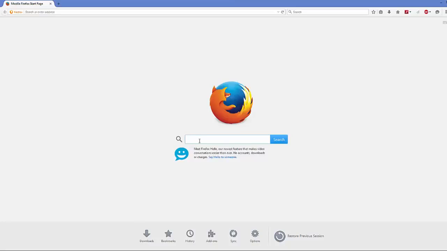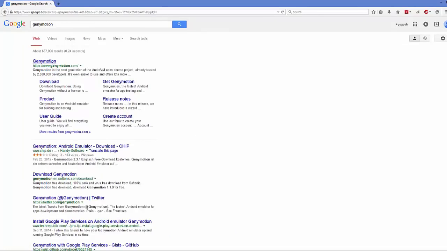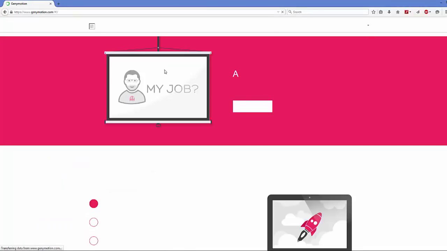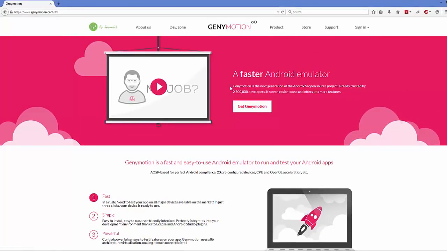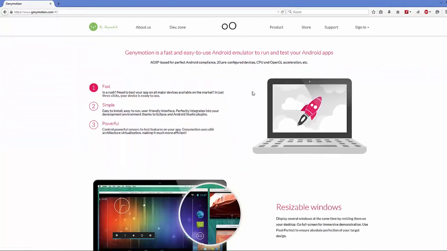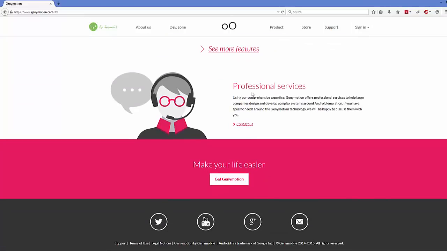So just open your favorite browser to download Genymotion and search for Genymotion. And the first link that most probably will appear here will be from genymotion.com. So just click this link here, and in here you will be able to see more about this Genymotion emulator and stuff. If you need to download Genymotion, you just need to go to the bottom and click